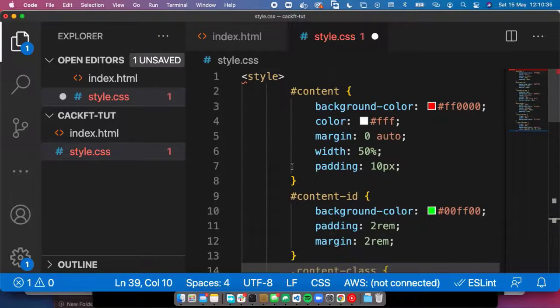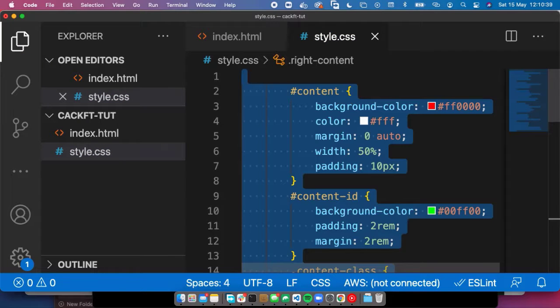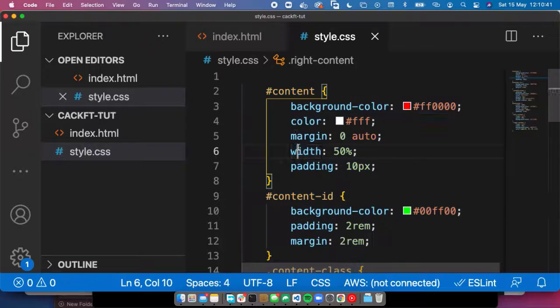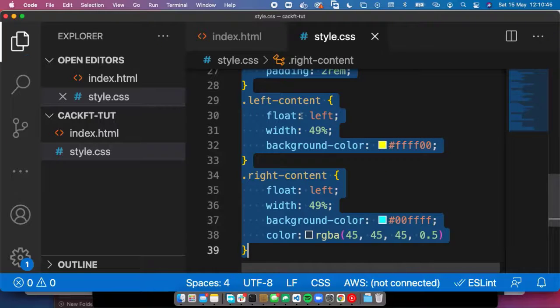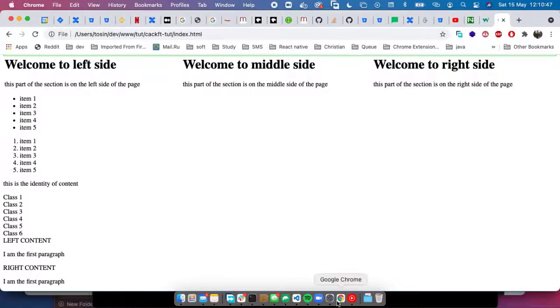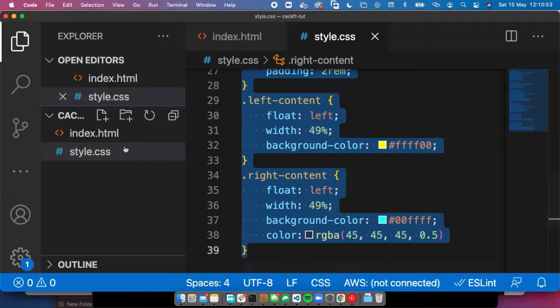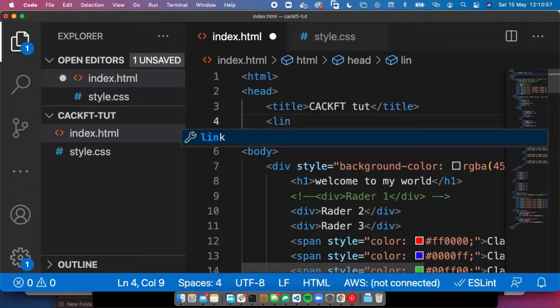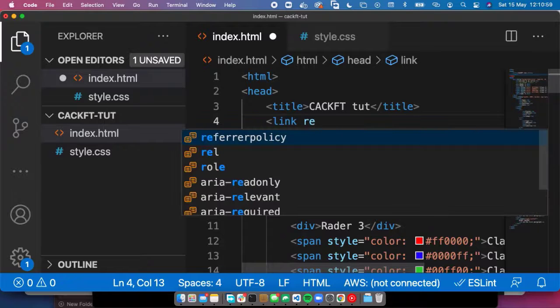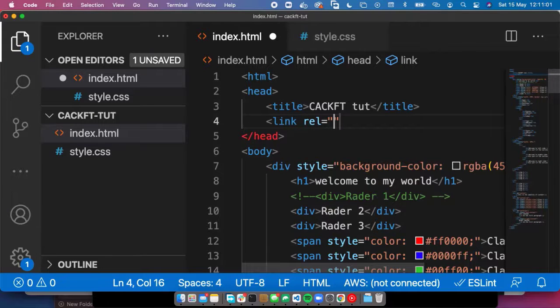I'm bringing them in here. So now they are in, right? If I still refresh, it's still not seeing it because I've not called it. So to call it in HTML, it will be in the head. So you put link, rel, which is equal to